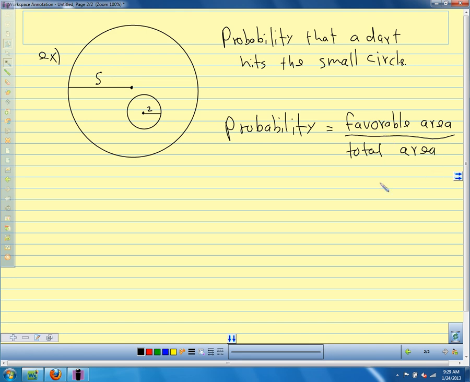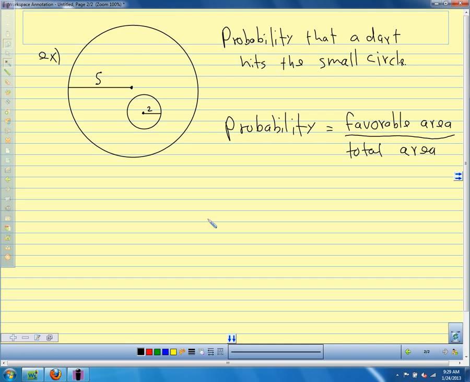Same idea, favorable over total, but now we're talking about areas. And the area of the circle has to do with the radius, just like you said. So it does have to do with the radius, and the radius tells us something about the area of the circle. So this is how we're going to calculate geometric probability, favorable area over total area. So for this example,